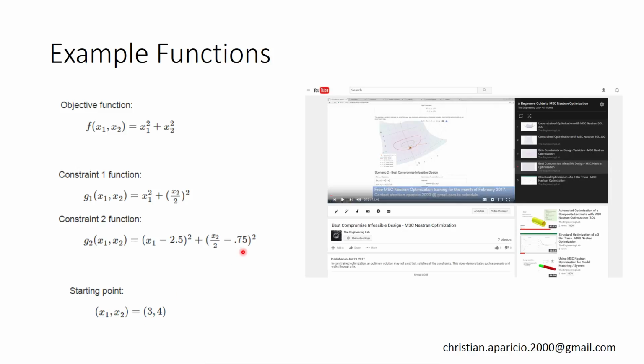I've already gone ahead and taken time to set up this problem in Solution 200. There's a video called Best Compromise and Feasible Design, where I walk you through the process of defining your entire Solution 200 model for this example. So feel free to look there to see what the setup process is. In this video, I'm going to tell you the one-line statements that will prompt MSC Nastran to